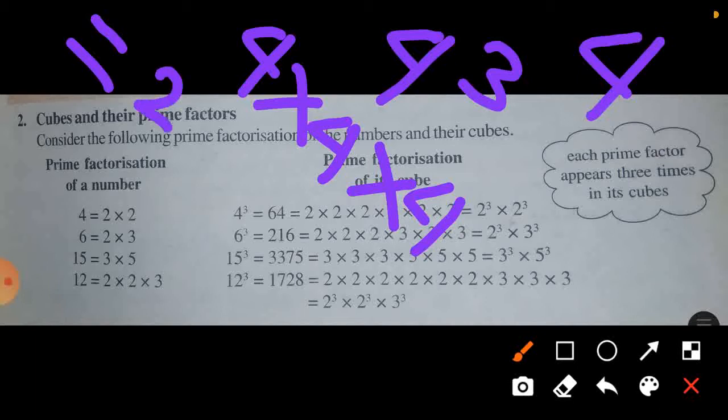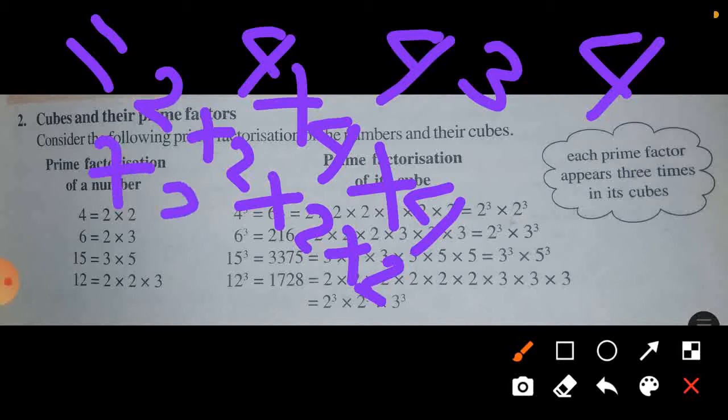That is 2 multiplied by 2, then this 4 again is 2 multiplied by 2, and for this 4 again it is 2 multiplied by 2. So we can say that 4 is not a prime number, but 2 is a prime number. So we convert all these factors, 4 multiplied by 4 multiplied by 4, into 2 into 2 into 2 into 2 into 2 into 2, because 2 is a prime number. So all these are the prime factors of the cube of 4.